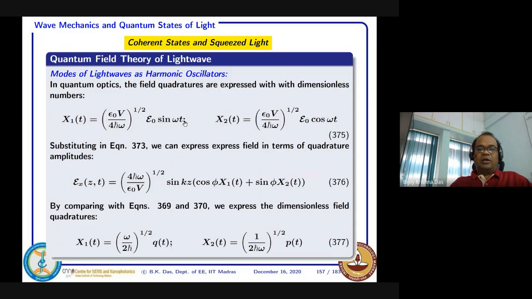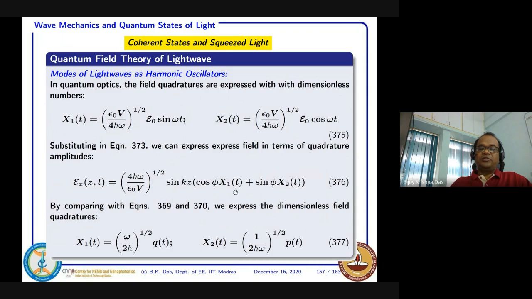Assuming x1 and x2 are the two quadratures, if we try to express our electric field back in terms of x1 and x2, we can write it down like this. Where x1 and x2 are the field quadratures, we have expressed the sin omega t term and the cos omega t term. So if we use equation 375 and go back to 369